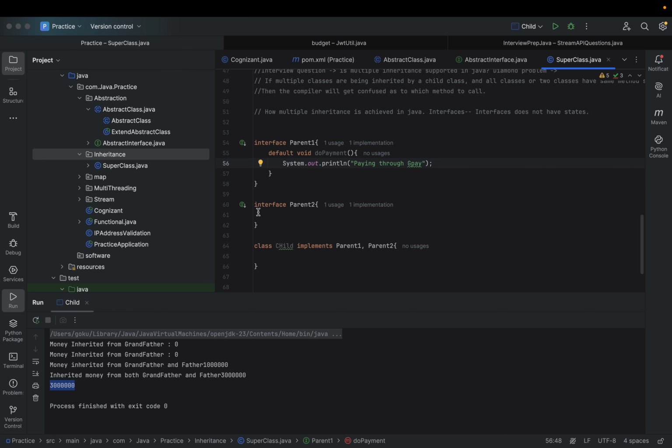paying through GPay. I'll talk about another interview question that was asked in an EY interview by an interviewer recently. So I'll just give you a heads up for that. Paying through cred. Okay,